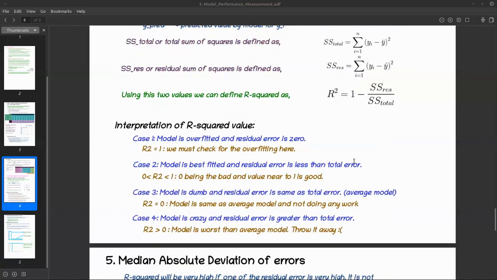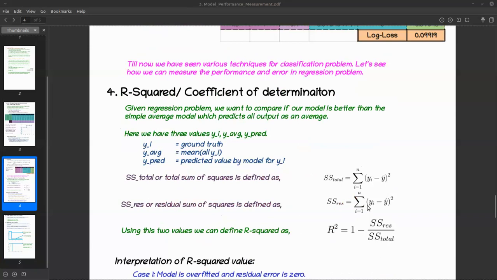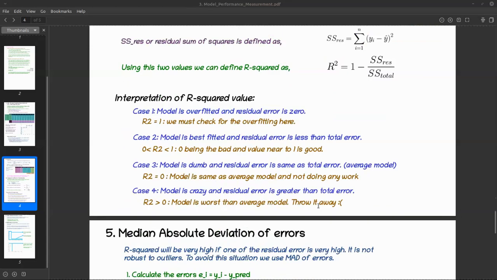Now after having the model, it's not possible that you make no error, right? You would be making small errors, and you are also fine with small errors, right? If you're not making very big mistakes, small errors like 0.01 or 0.1 are fine. So how do you find out how much error you are making? Because you will have thousands or millions of data points, so you cannot go one by one. So will you take the mean average of error? No, because if you have outliers, it is impacted very much.